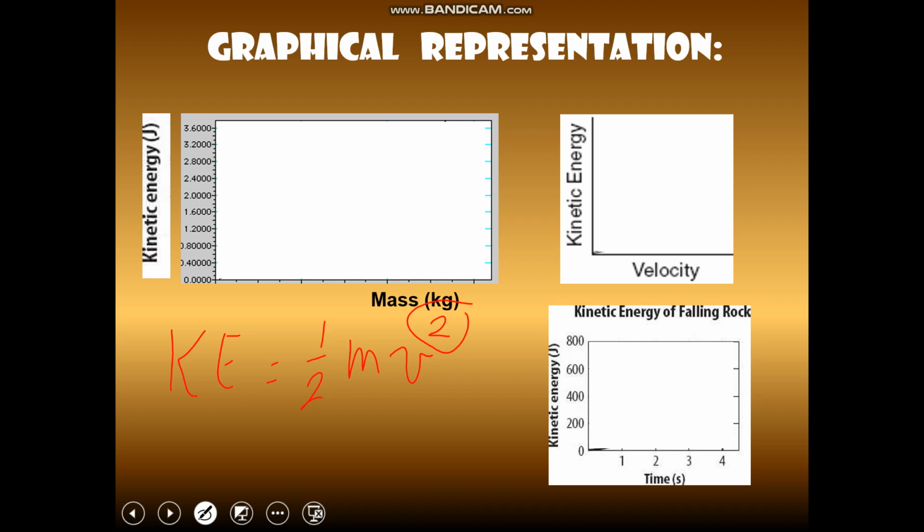Let's see what we have in the first part. Okay, if mass increases, let's say you start with 1 kilogram, you have one form of kinetic energy, keeping speed constant. Then you start